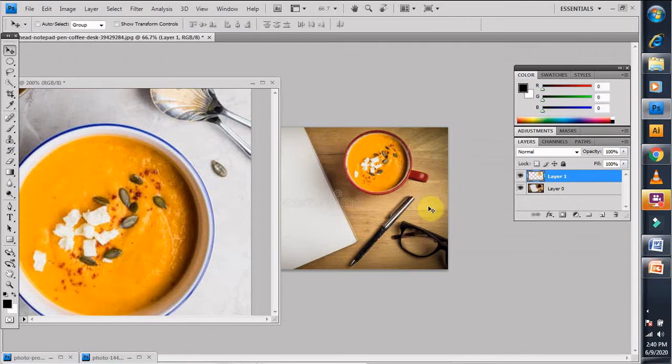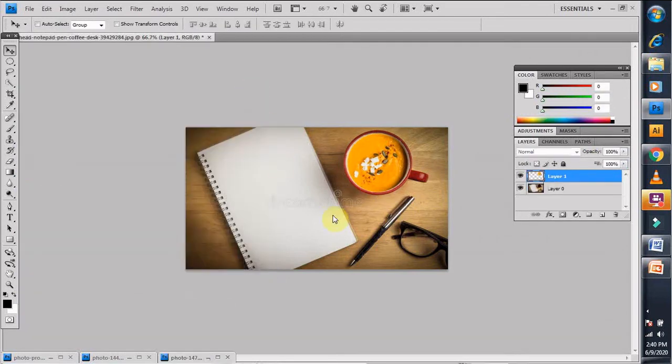Okay, so I have adjusted my image. Here is my soup ready for you rather than coffee. So this is the elliptical tool that works in this circular way.